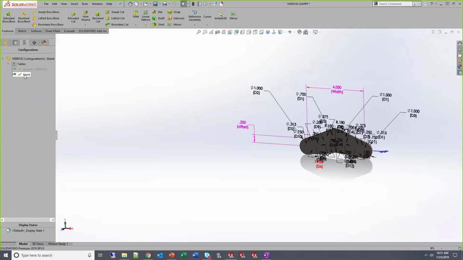Notice the two dimensions turn from black to pink. That signifies they are being controlled by the design table now. If we would like to go back in and edit that table again, right-click, Edit the Table, either in this